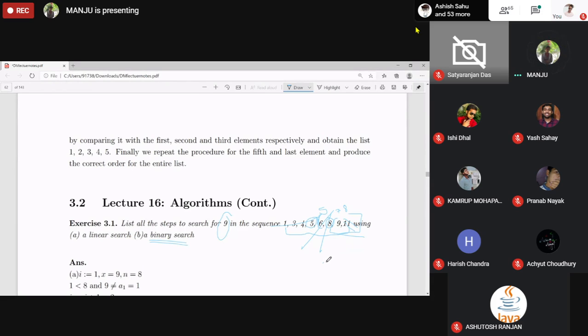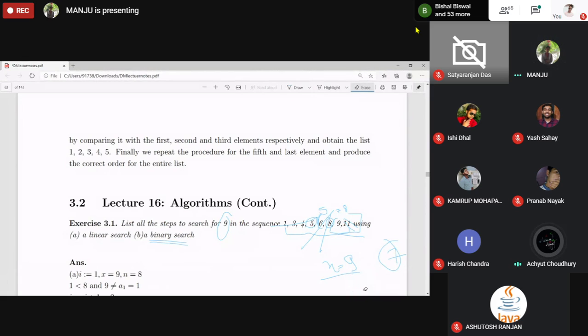Outside the while loop, in the if-else, it checks whether x is equal to 9 or not. If yes, it gives you the location of 9, that is 7. It returns you 7. Else, if x is not equal to 9, it will return you 0. Understood? I think it will return 7.